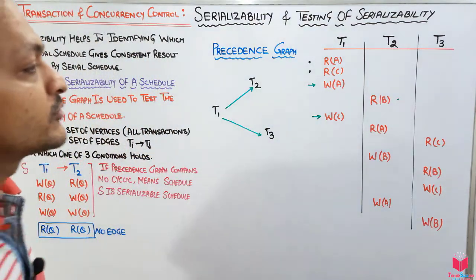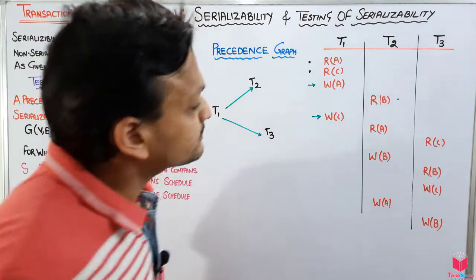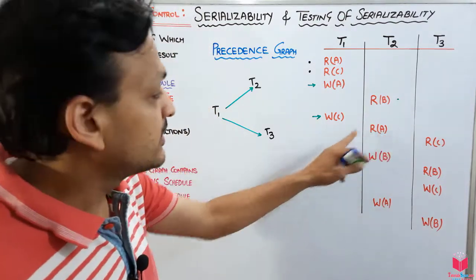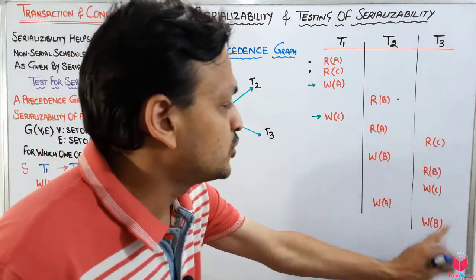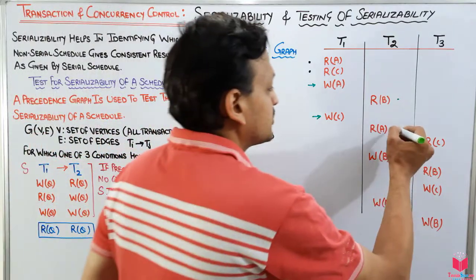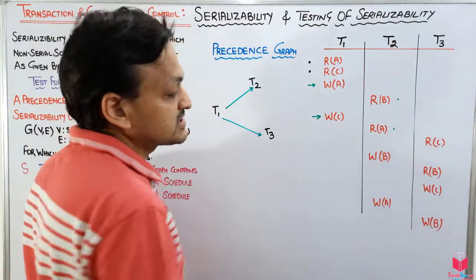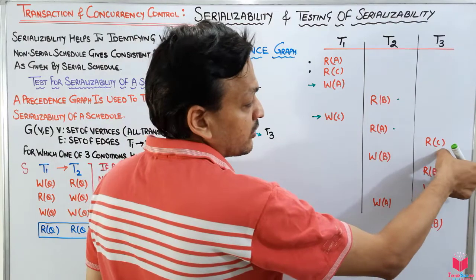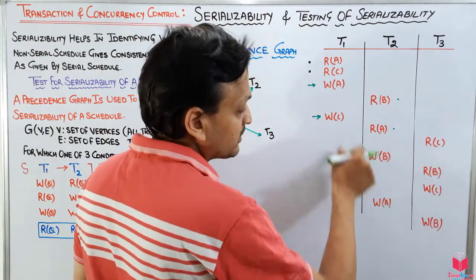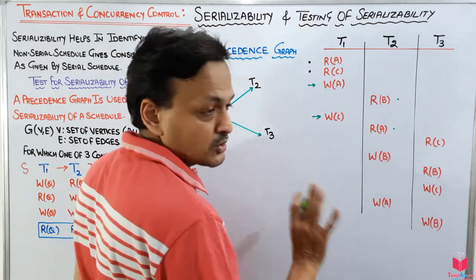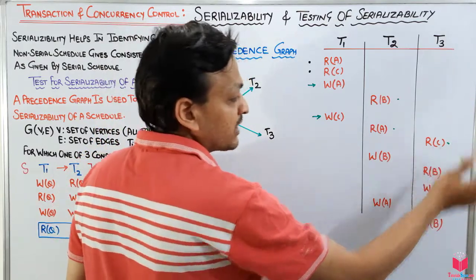Okay guys, now move to this instruction, read A variable. There is no A variable, that means do nothing. Now C's turn comes here. This is a read on C variable. Is there a C variable? No. Is there any C variable after this? No. That means it's not going to give you anything.